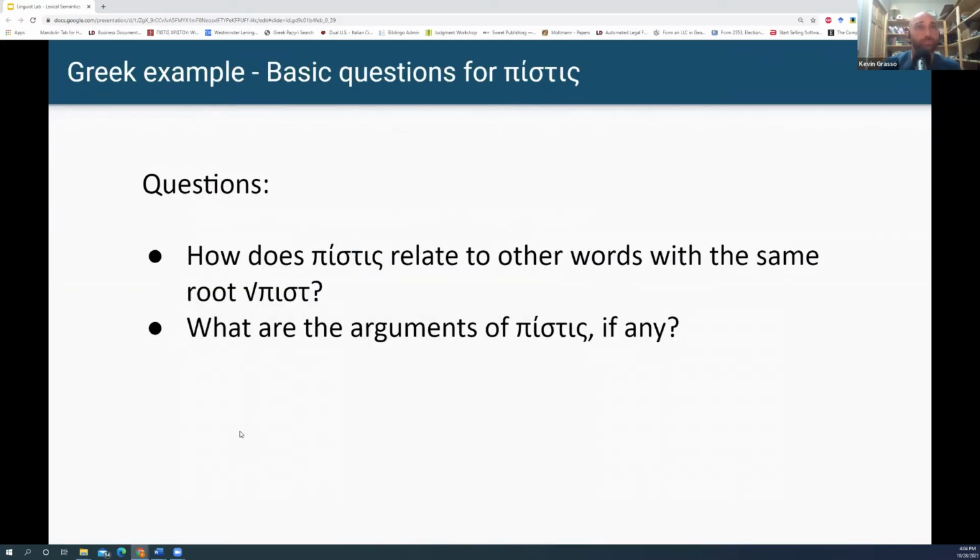Okay, so the first question, we're looking at a noun, right? How does pistis relate to other words with the same root? So this is just a different question. Just thought it would be fun to answer. What are the arguments of pistis, if any? Okay, so